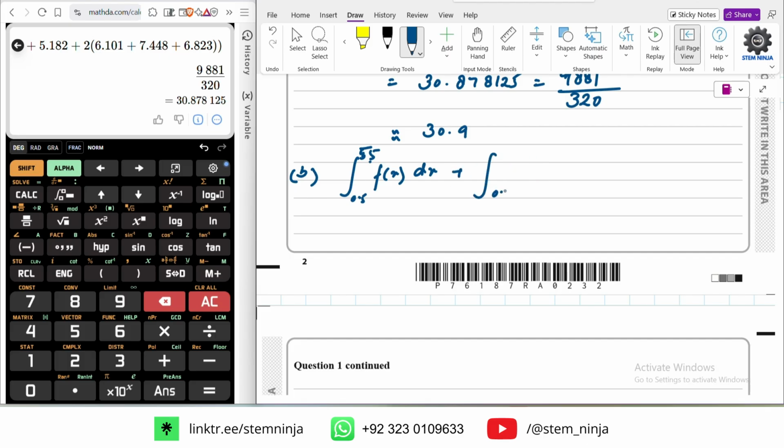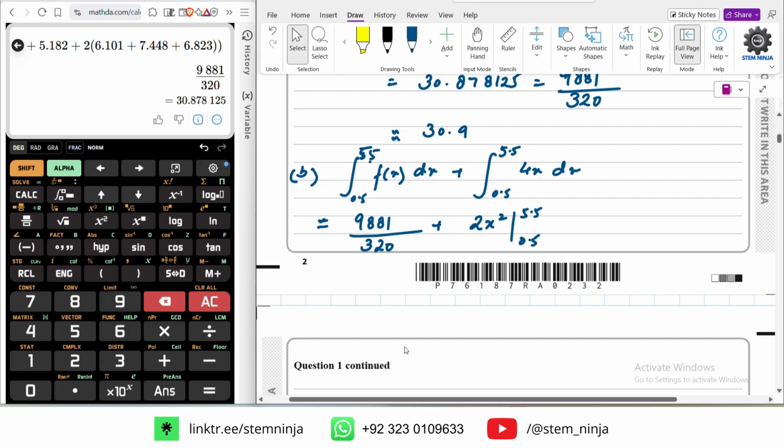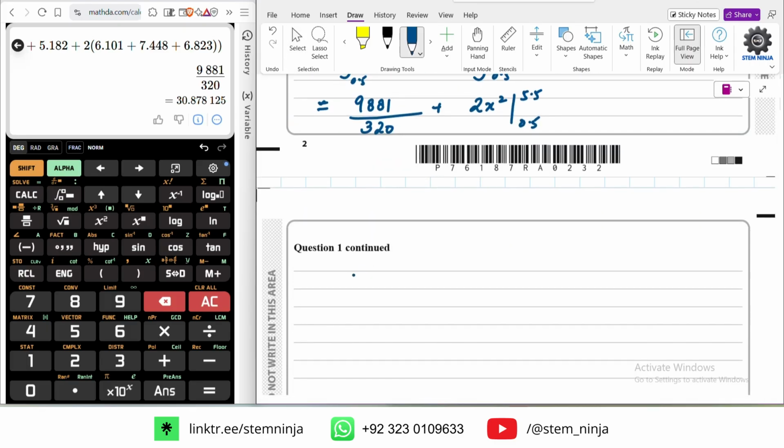So the first one is approximately 9881 divided by 320 plus, now the integral of 4x is 4x squared over 2, which is just going to be 2x squared, from 0.5 to 5.5. So now we need the value 9881 over 320